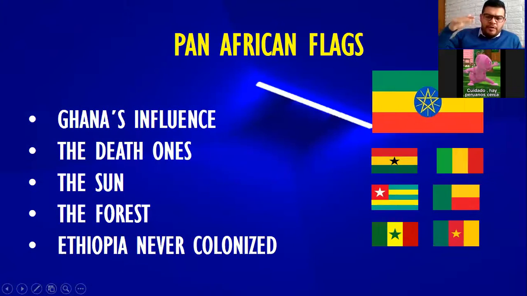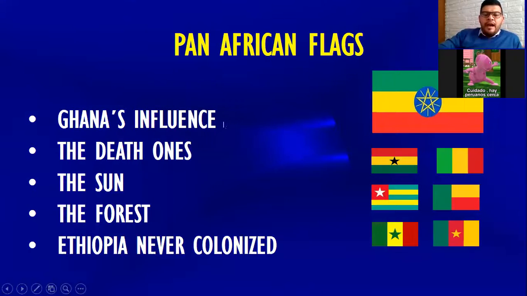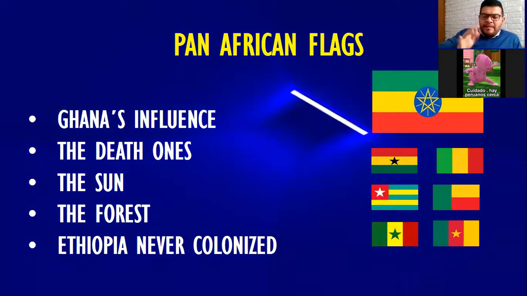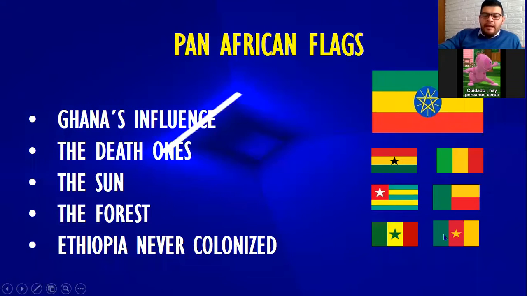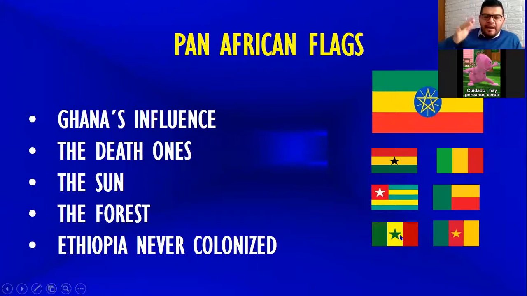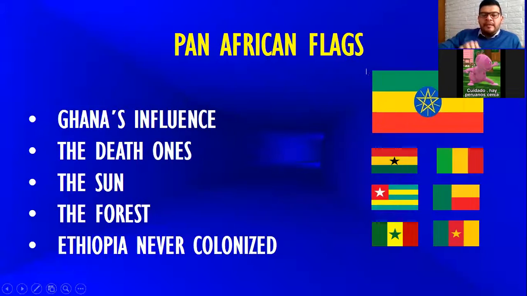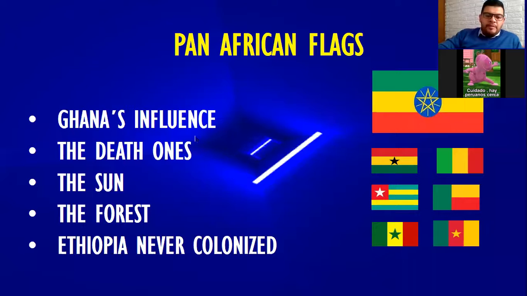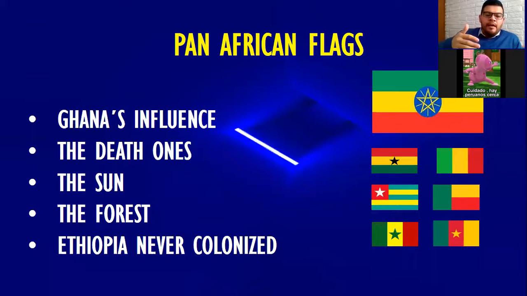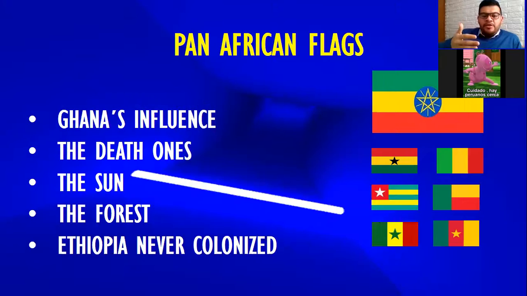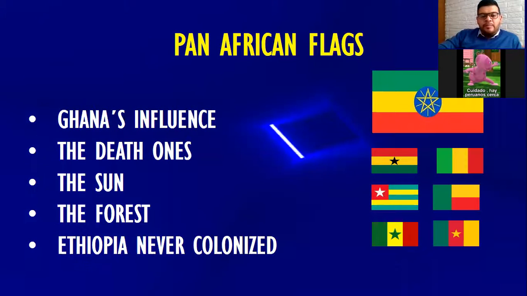Obviously, the position of the colors is a little bit different, but Ghana influenced the other Western African republics to have a similar flag. And now we can see here Mali's flag, Togo, Benin, Cameroon and Senegal and some other flags that are more or less like this. Let me tell you what every color represents. The red color represents all the dead ones from the period of the occupation of the other countries that I have already mentioned, the colonist period.